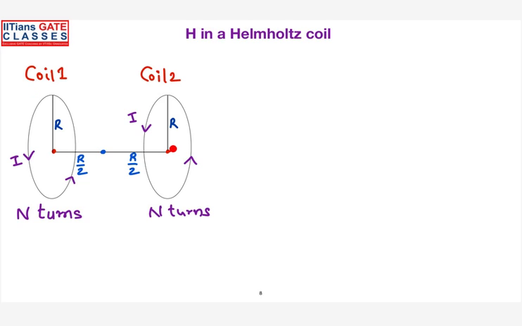So the Helmholtz coil is the configuration of two symmetrical coils of equal radius and equal current, spaced by a distance which is equal to the radius of the coil. There are plenty of applications where the Helmholtz coil is used in industry. It is used to cancel the magnetic field generated by the earth. You know that the earth is producing a magnetic field in certain directions. There are certain applications where you need to demagnetize, or degauss, the earth's magnetic field. There you make use of the Helmholtz coil.